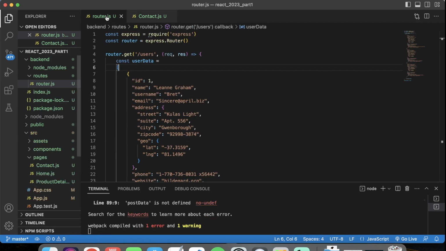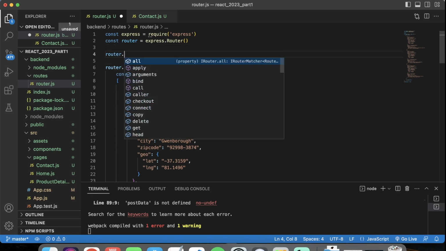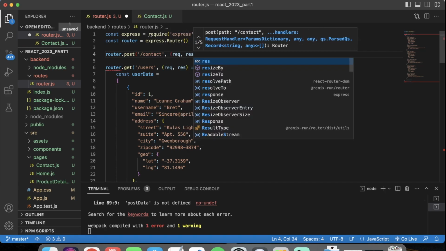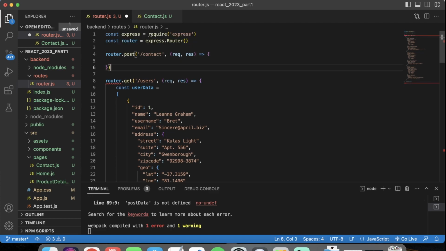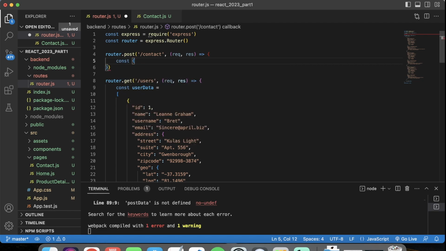Let's go back to the router. And in here, we need the router.post. And you can put it anywhere, but I'm just going to put it right here, router.post. We call it contact, and it's taking in a request response. It always takes that in. And right now, I just want to show you that it's posting. So let's do a const, and I'm going to destructure this email. We'll just call it website and message equals